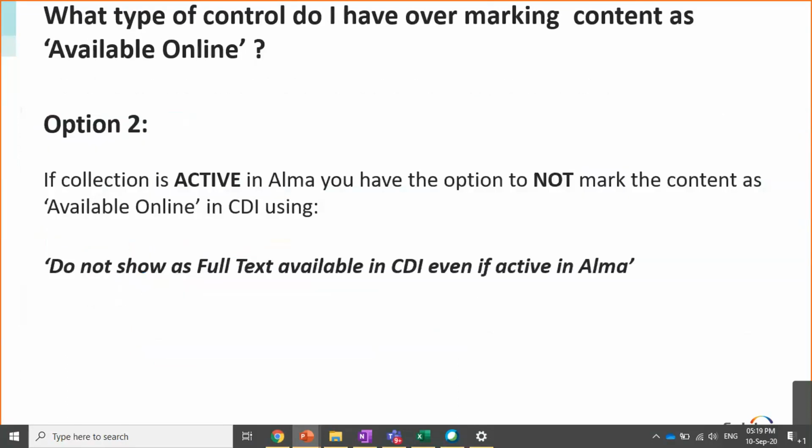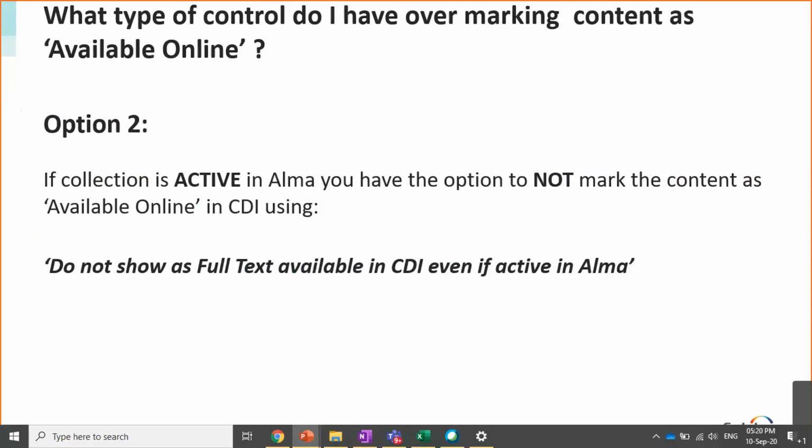But let's say that you do want the collection to be active in Alma. You want the content to be available through your discovery system, through your local Primo or Summon. You want the content to be available for the discovery, but you do not want to mark the content as available online in CDI. So there's a very granular option that allows you, on the one hand, to have a content available in Alma, but not have it available through the central discovery index.